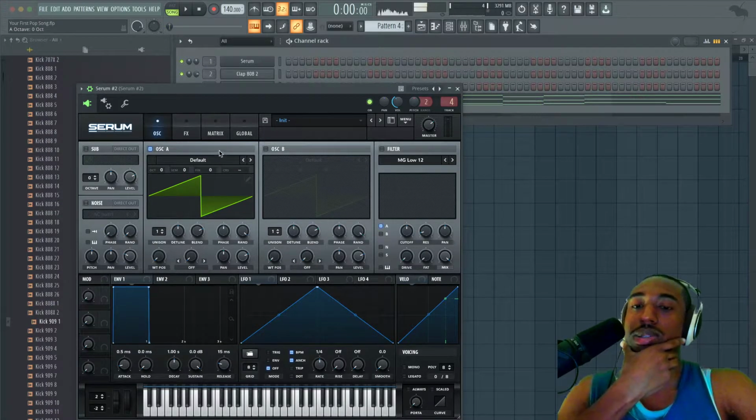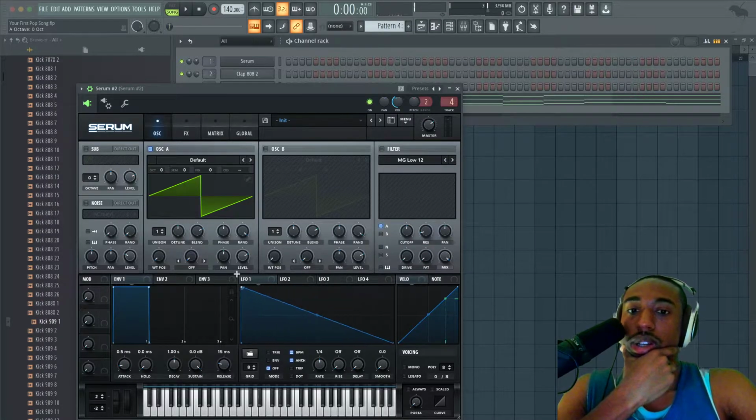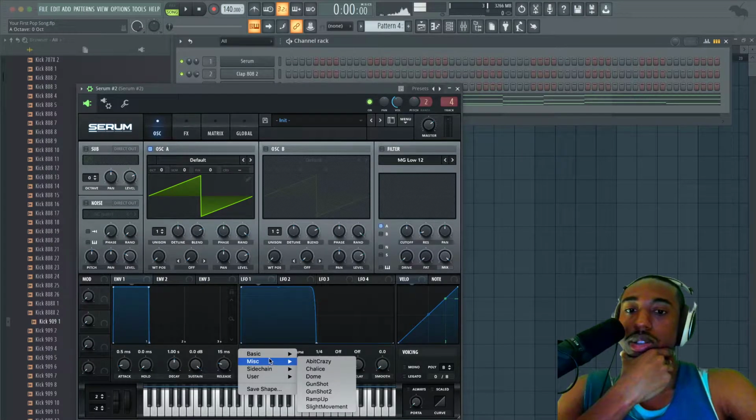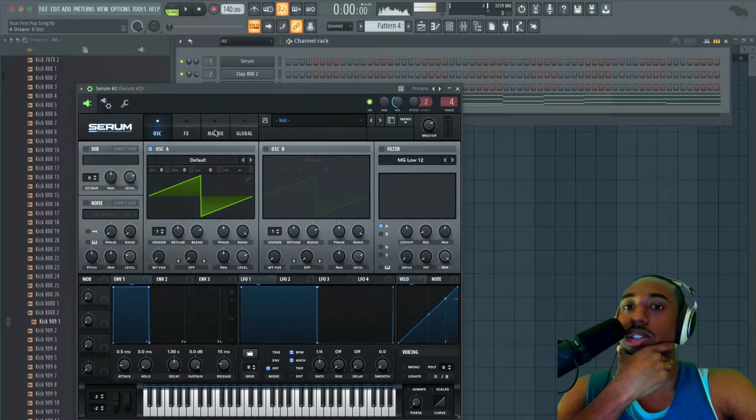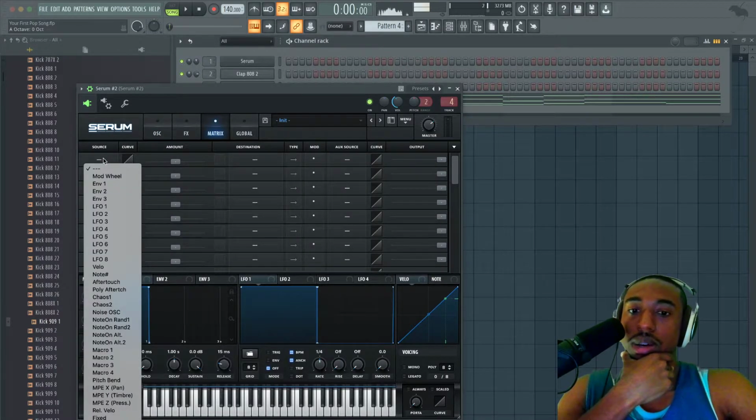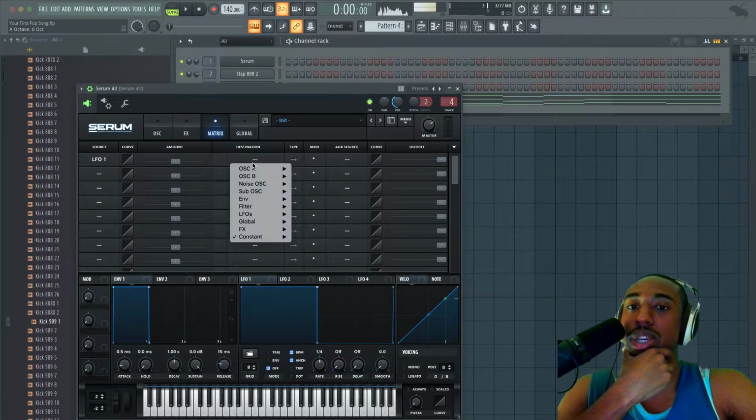So what I'm going to do is I'm trying to think of how to do this in a formulaic way. So give me a second for my brain to think. We could do basic square, and we want this square to control, let's go to the matrix, we want this, what is this, LFO 1, we want that to control the coarse pitch destination.